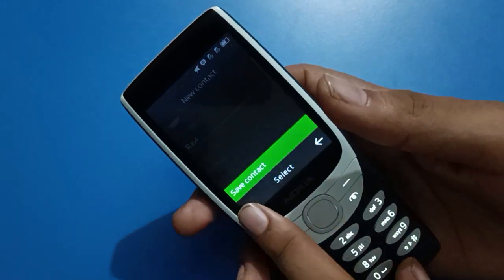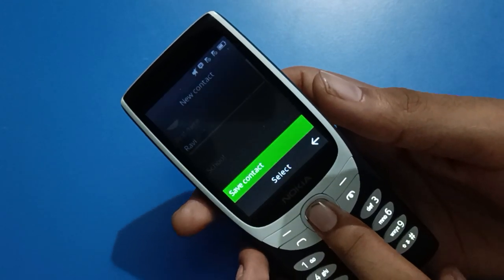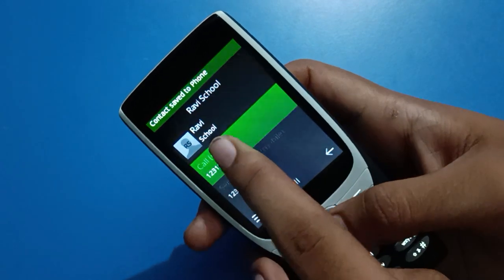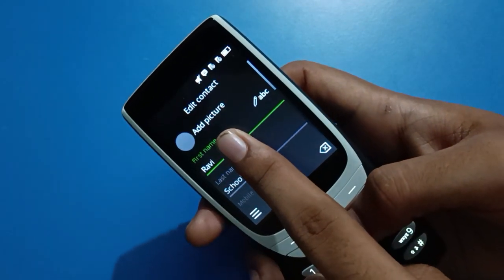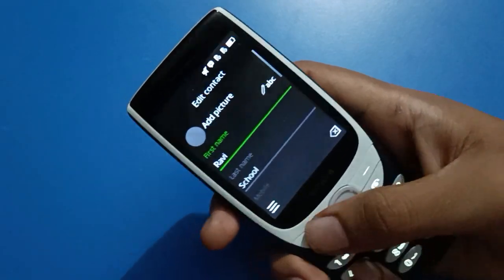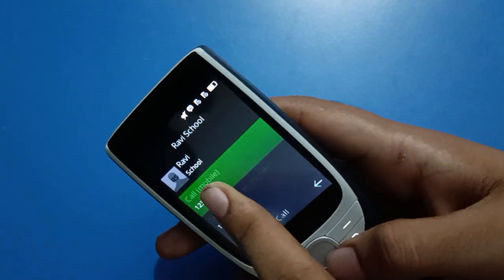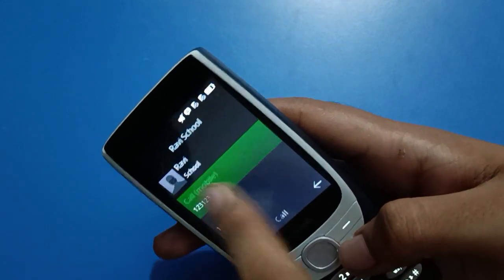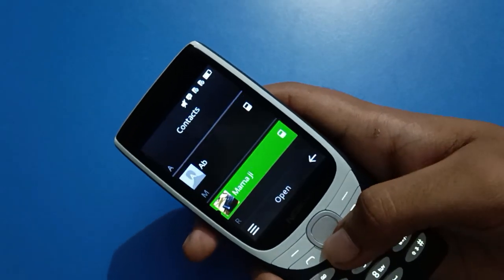Again tap here, save contact, select option, and the contact number will be saved in your Nokia keypad mobile. You can check: Ravi school. So like that, friends, you can add a contact number and save a contact number in your